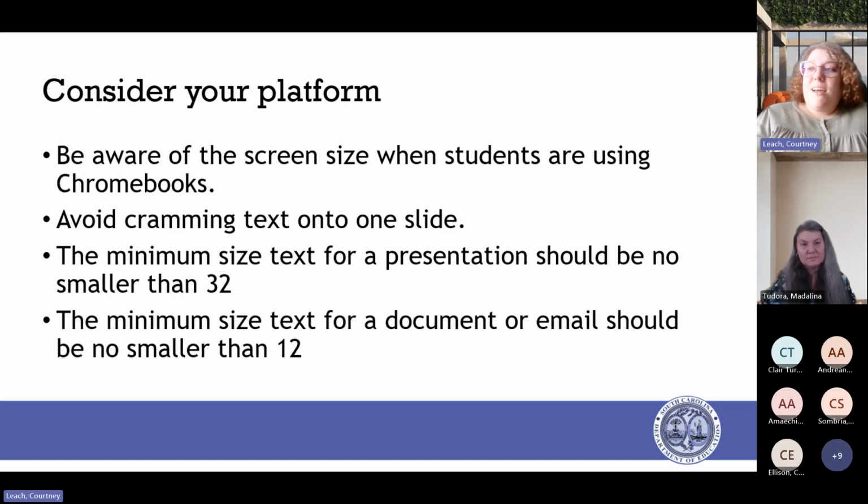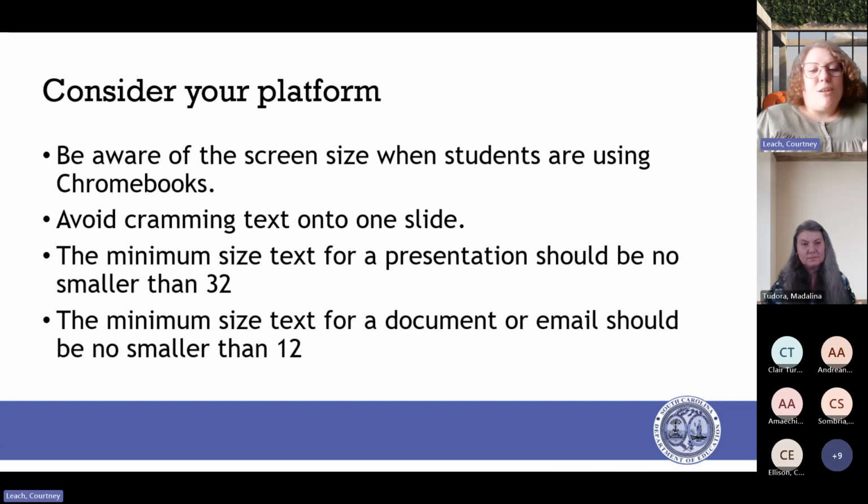Again, the minimum size text for a presentation should be no smaller than 32. And then the minimum size text for a document or email should be no smaller than 12. Again, when you take in the context of what you're creating and where it will be used, you can have a little bit of play there.